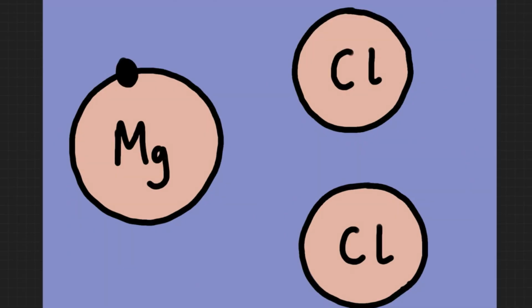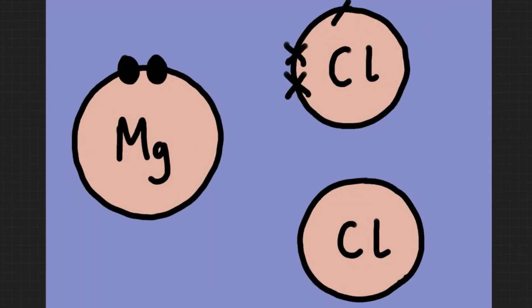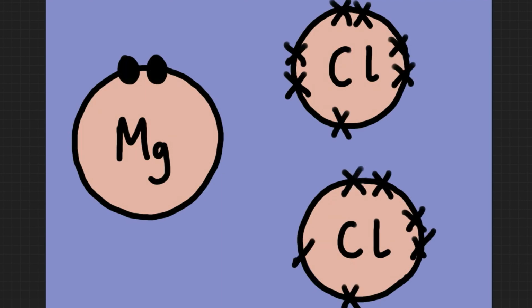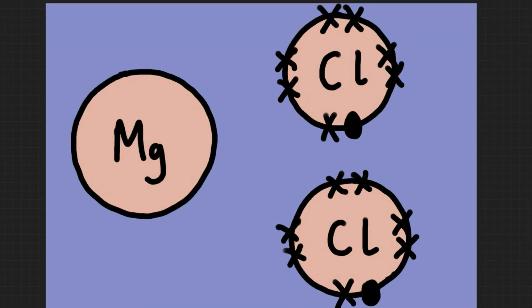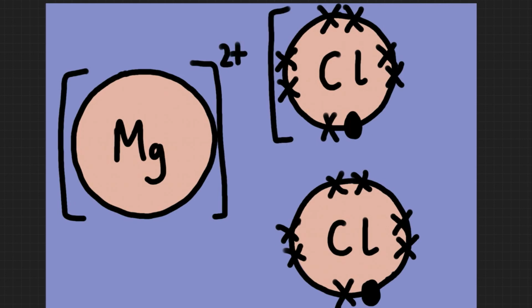So magnesium is in group 2, 2 electrons in its outer shell. Chlorine atoms, group 7, 7 electrons in each shell. Magnesium transfers 1 electron to each chlorine atom, so magnesium loses 2 electrons, 2+ charge overall, and each chlorine atom